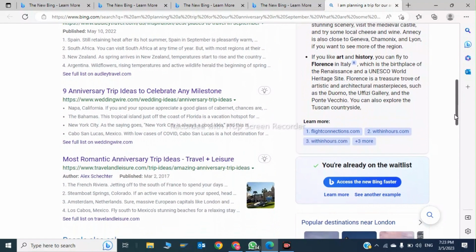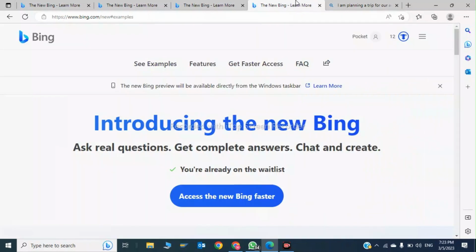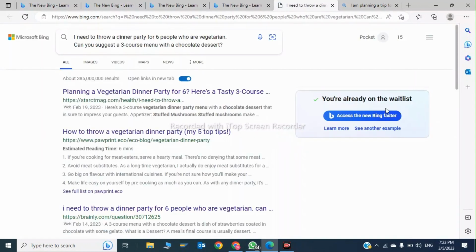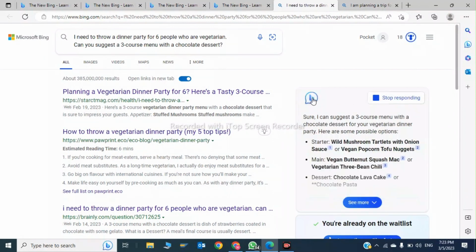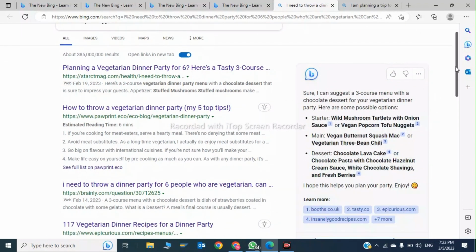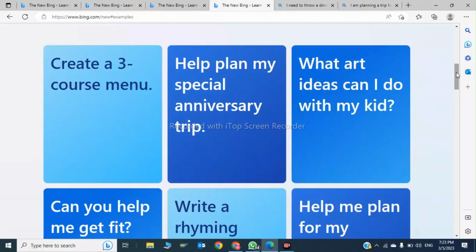generating for me. So like congratulations on your anniversary, there are many places you can go, there are within 3 of it. So these are some examples. Like we will click on another example which is create a 3 course menu. So this will generate. This is the Bing AI which I was talking about. We click on see more, and this was the answer which the new Bing AI has created for me,